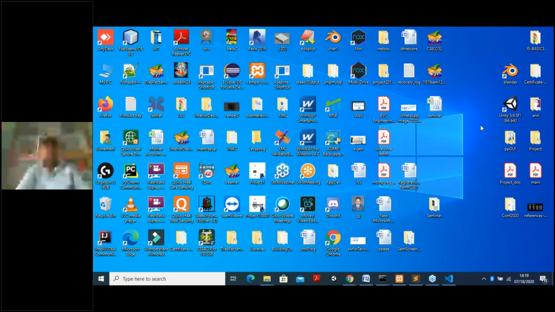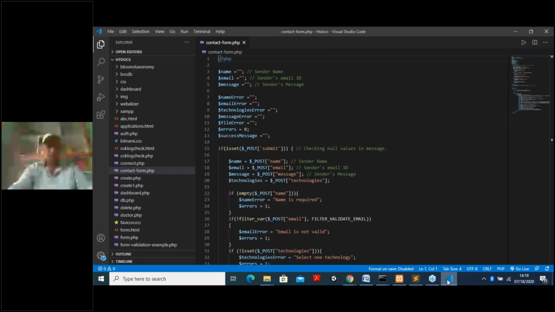Don't worry. Till now, whatever I told was only the theory part, so now I'm explaining the coding part. Here, first I'm starting the form, the PHP form. When we start a PHP program, you have to use the tag less than question mark PHP, and when it completes, you use the question mark and greater than sign.